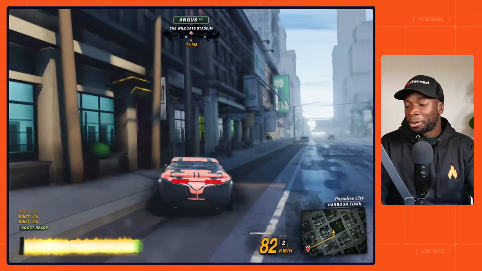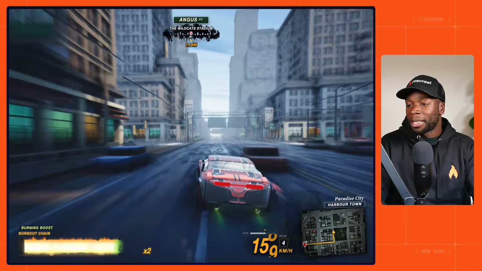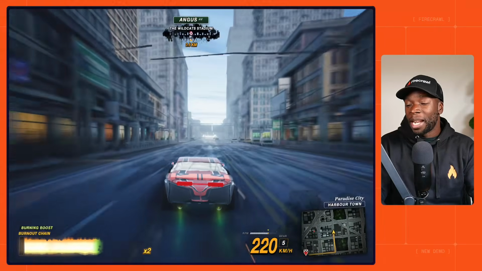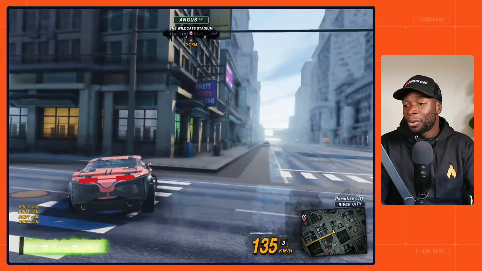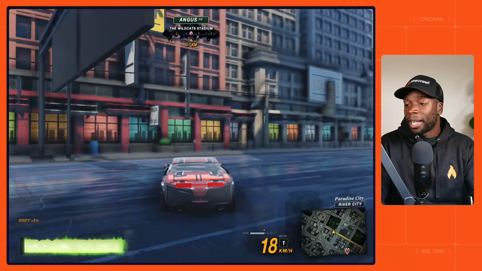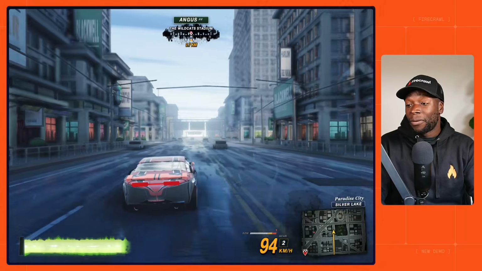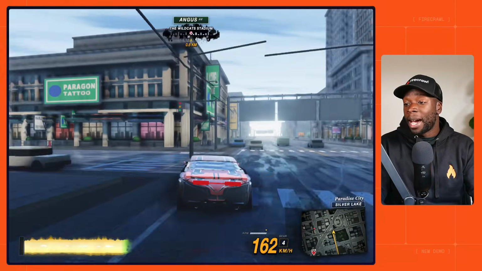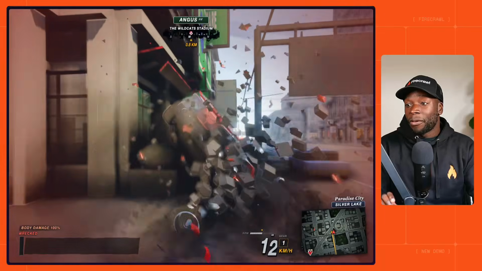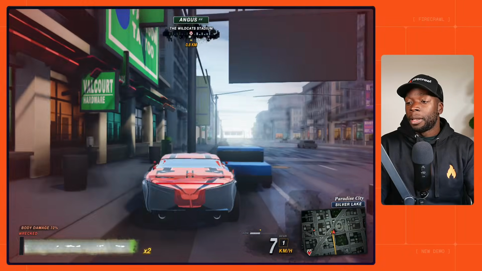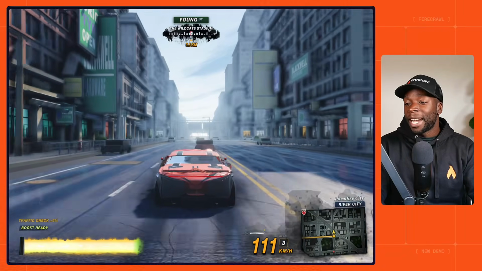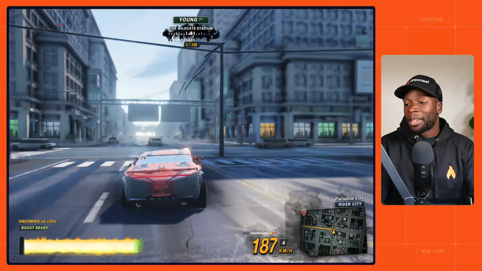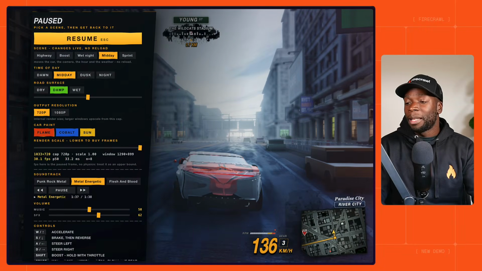I mean, I'm doing drifts, I've got boosts by pressing shift, and I didn't have to do any of this myself. Claude did all the 3D modeling, it did all the lighting, it did all the sound effects, it's got all the music, and if I collide, we get this very cool crash animation. Now, unfortunately, there isn't any collision with the oncoming traffic, but what I can do is in the pause menu,